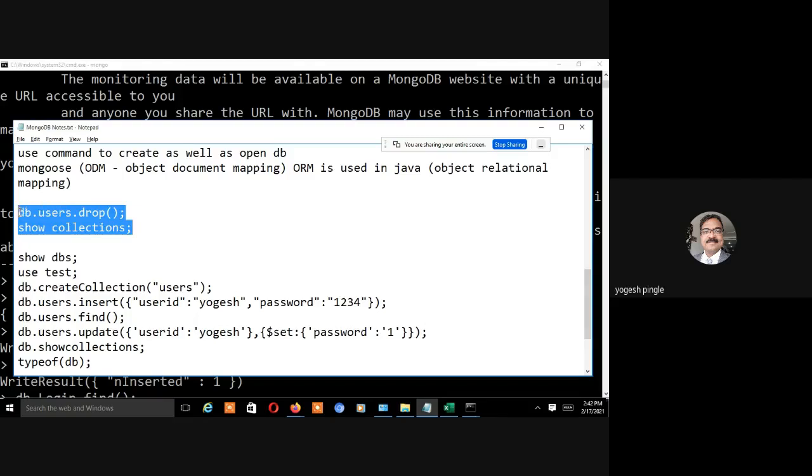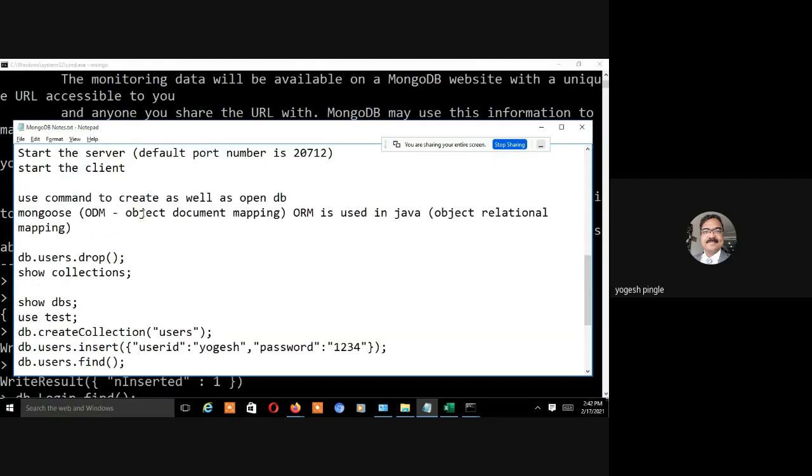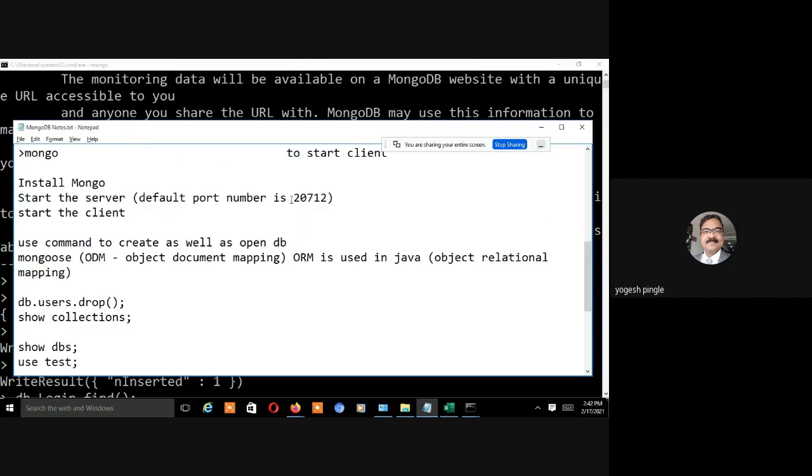You can also drop the command. Now the default port of Mongo is 27017. This you have to remember. What is the default port number of Mongo? 27017, this is important.